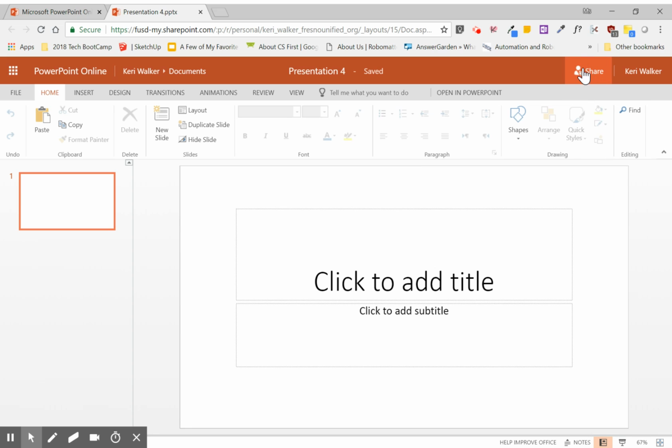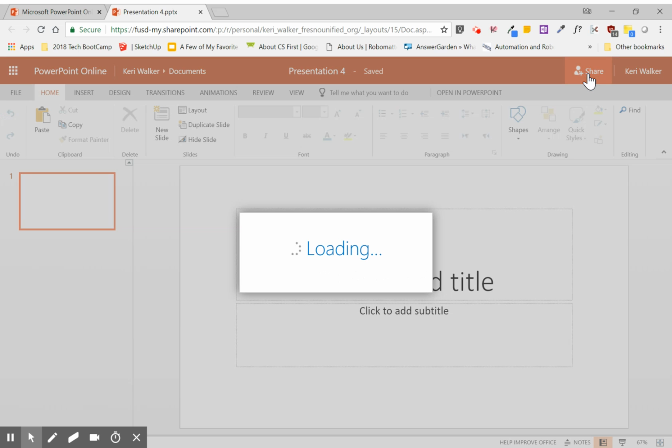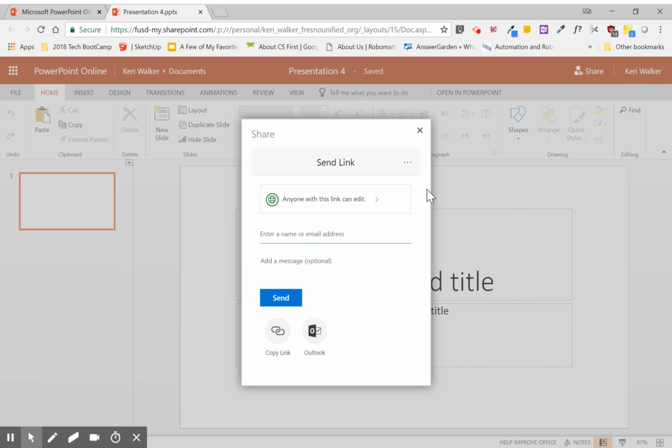But you want to come here to share. See where it says share? So we click share, and it's going to bring up the screen where anyone who has this link is going to have a working